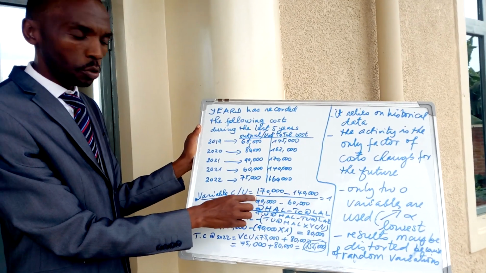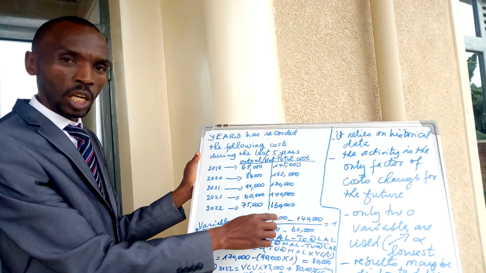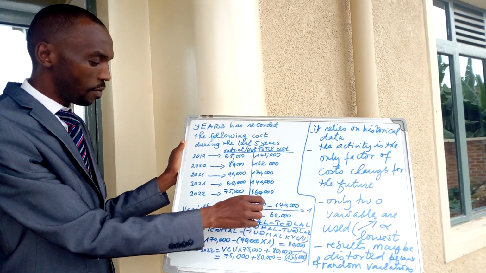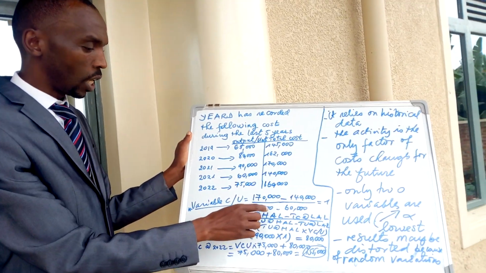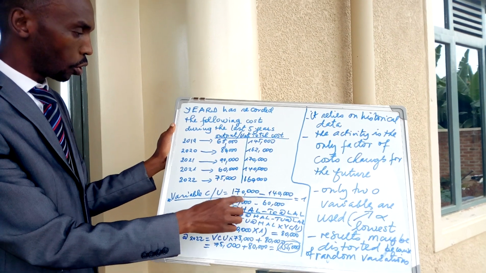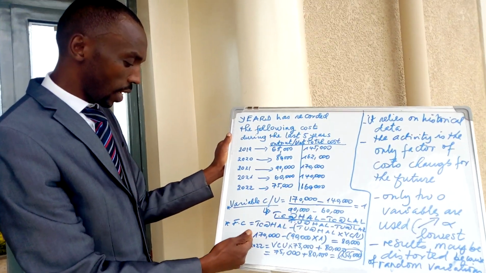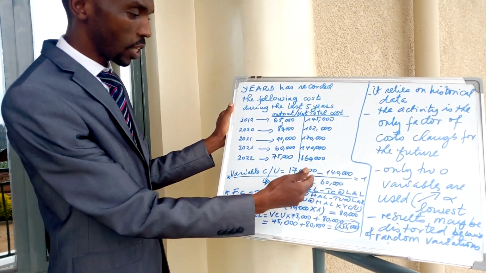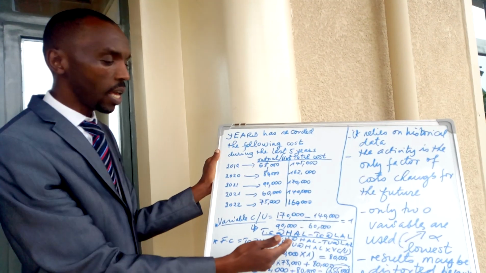Then by calculating the variable cost per unit, you take the highest total cost minus the lowest total cost divided by the highest total units minus the lowest total units or output. When you calculate, you will see that the variable cost equals 1 Rwandan franc per unit,